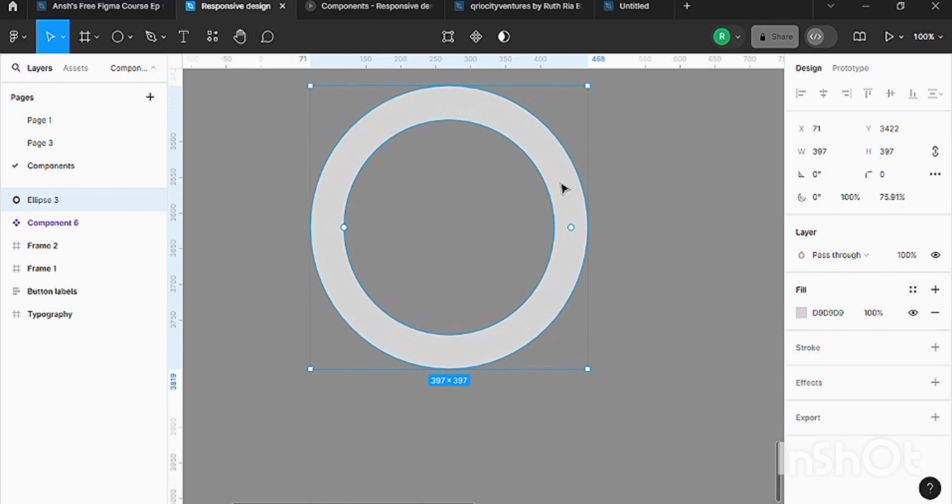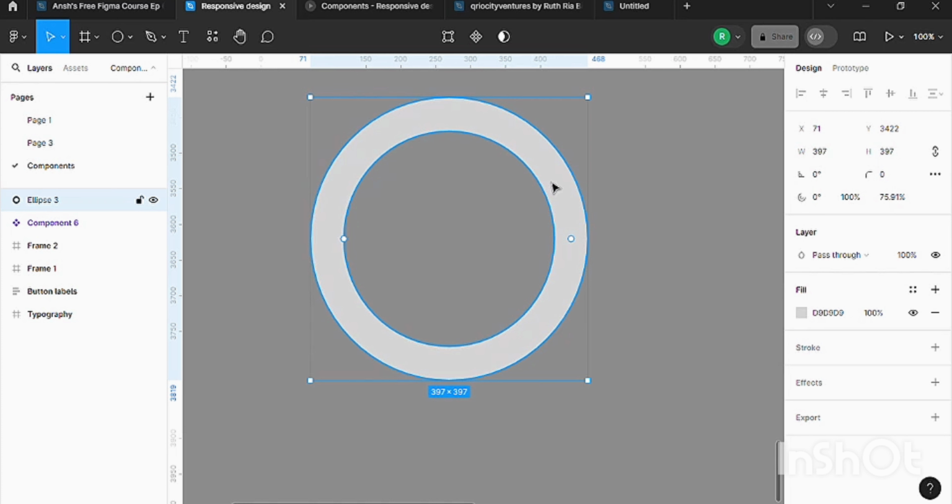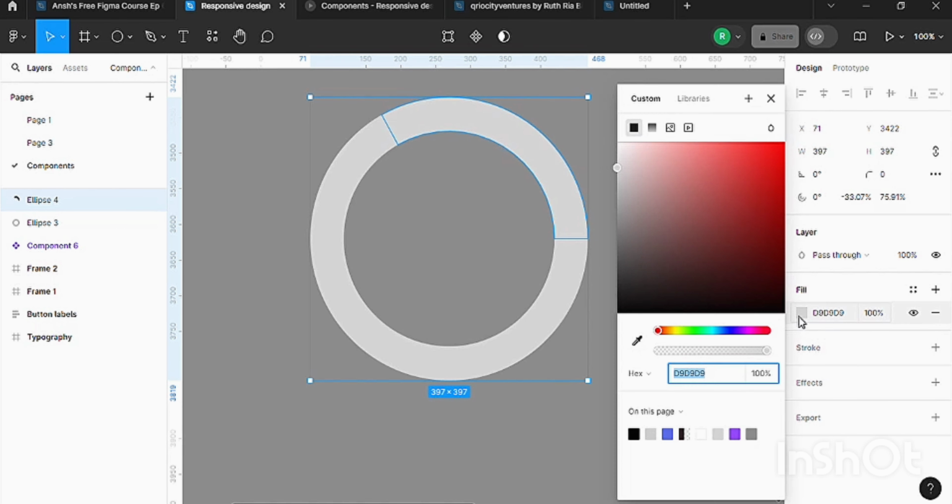Make a duplicate of it by clicking Ctrl D. So you will get another ellipse on top of the current one. Do the same thing with this one. Just hold the small dots and make it smaller, then change the color,